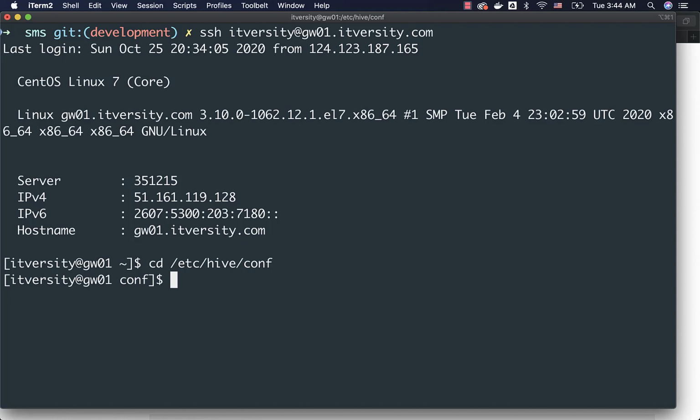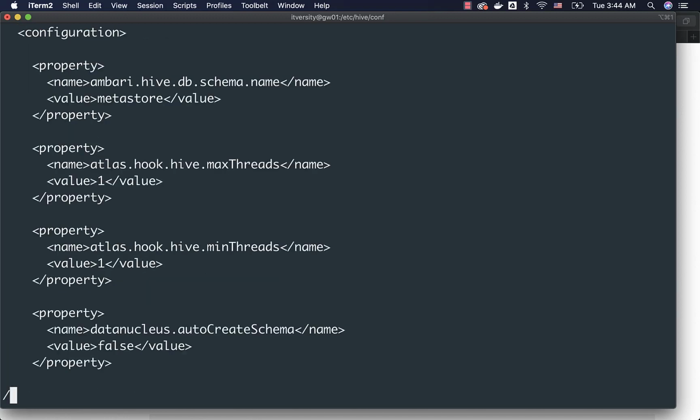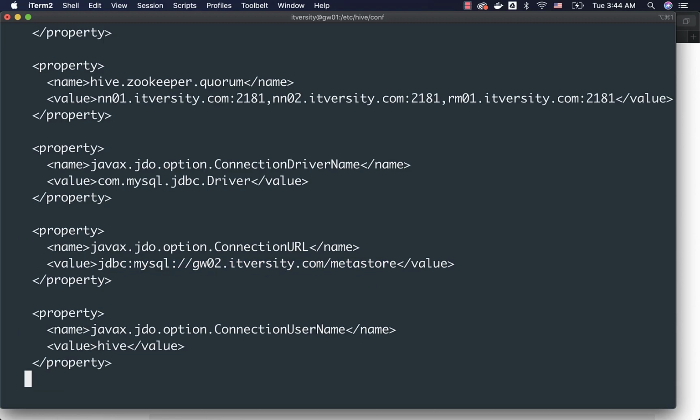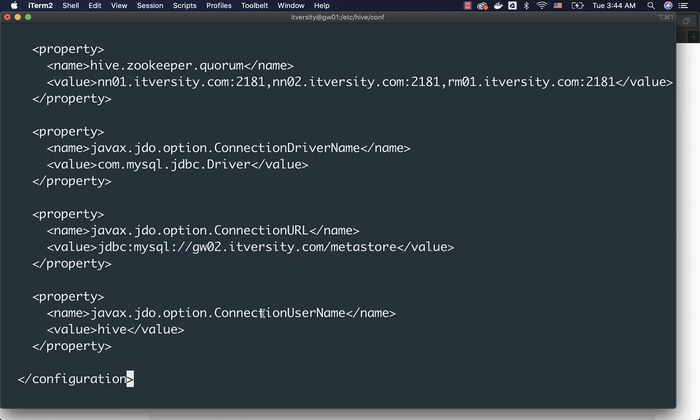Now I can open this hive-site.xml file, and then we should be able to search for JDO. You can see there is a JDO option connection driver name, which contains the value com.mysql.jdbc.Driver, then the connection URL which contains jdbc:mysql and then the host on which the MySQL database in which the metastore is created is running, and then the database name which is nothing but metastore, then the property related to username, JDO option connection username, and that's it.